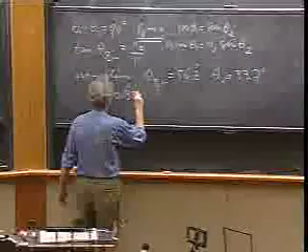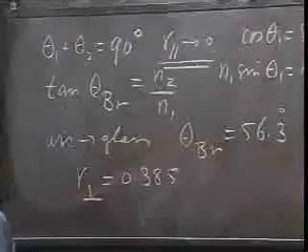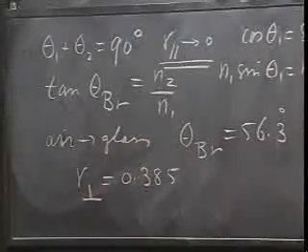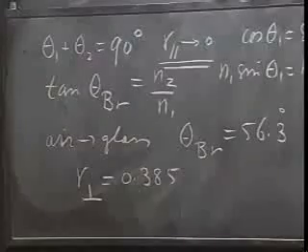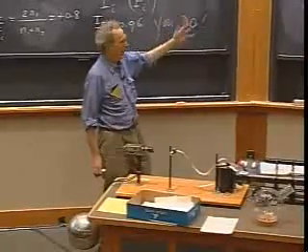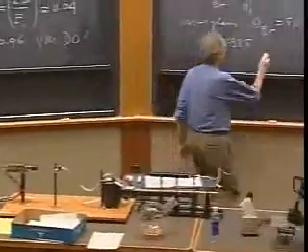And you will find then that R perpendicular, and I'll just make sure that I have it right, is minus 0.385. That's what it is. So if we want to know intensity, all we have to do is square it, because we are still in the same medium. The reflected medium and the incident medium is one and the same medium. So 0.385